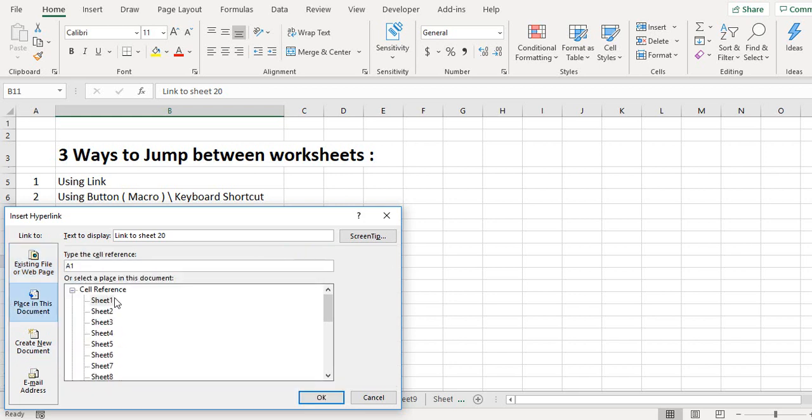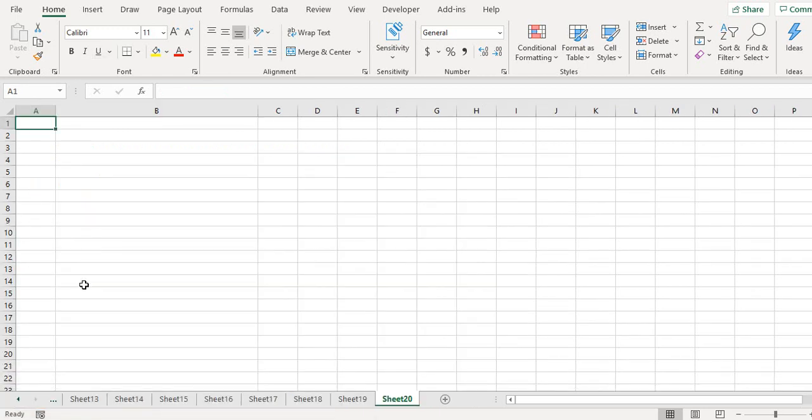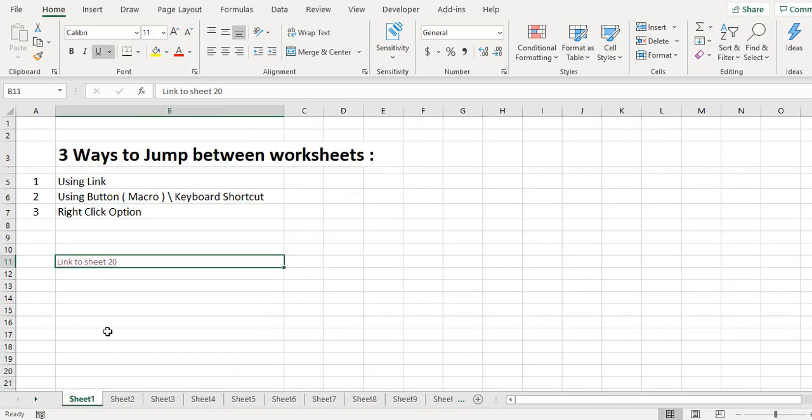Now here you will see all the sheets of this Excel file, and this is the cell to which we should navigate. If A1 is selected by default, your sheet will navigate to cell A1, and from here you can scroll down and select sheet 20. If you click on OK and then click on the link, I'll come to sheet 20 and cell A1 of sheet 20. If you change the cell number there, for example, to B2 or C3, then this particular cell will be highlighted, right? So this is the first way to do it. Now let's go back to sheet 1.